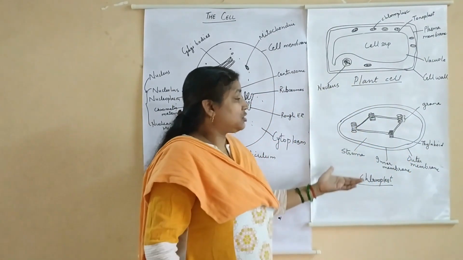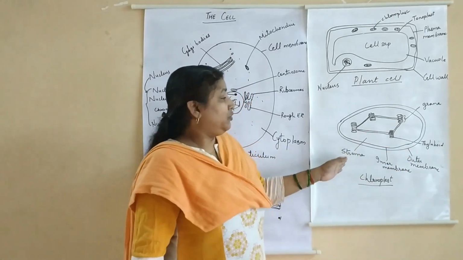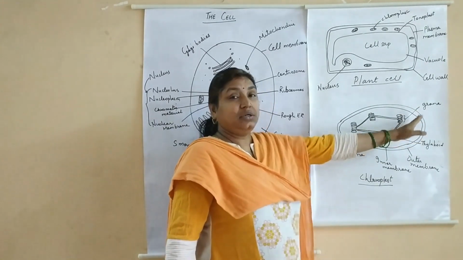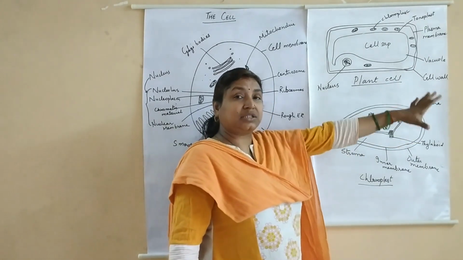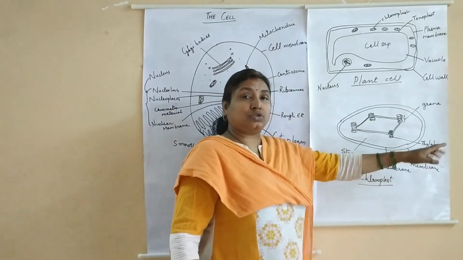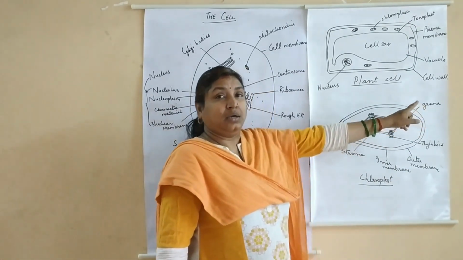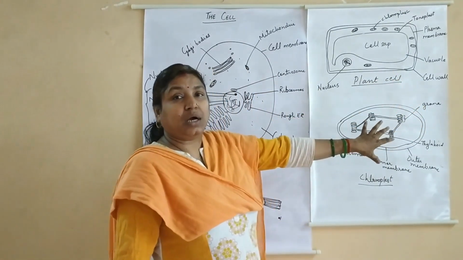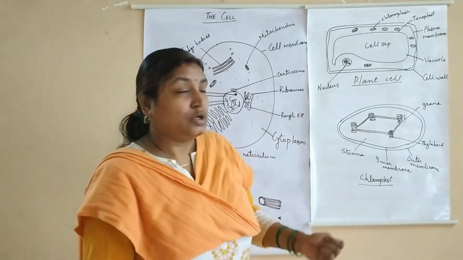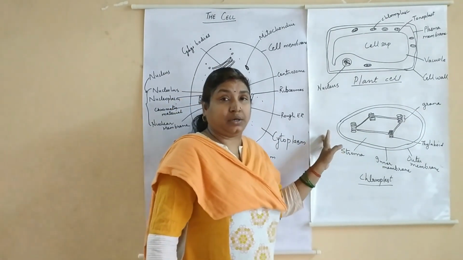So this is the structure of the chloroplast, having an outer membrane, an inner membrane, and the fluid present in them is stroma. The entire stack is known as grana and each disc is known as thylakoid. So you will have a stack of thylakoids forming the grana. It is in this chloroplast that solar energy is trapped and food is prepared. So your chloroplast is the food factory of the plant.